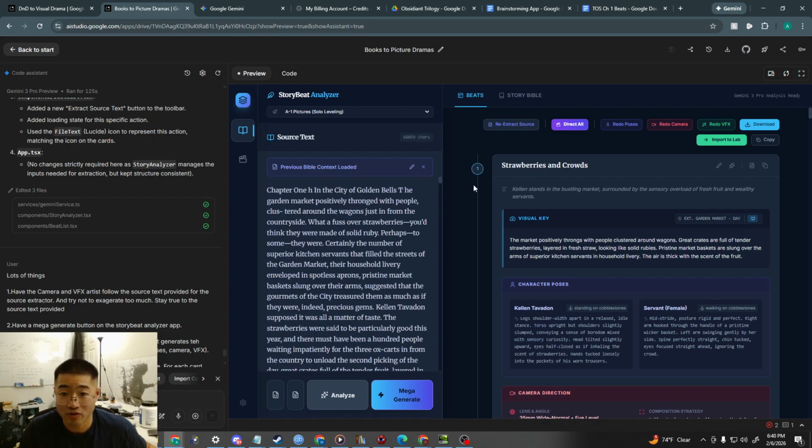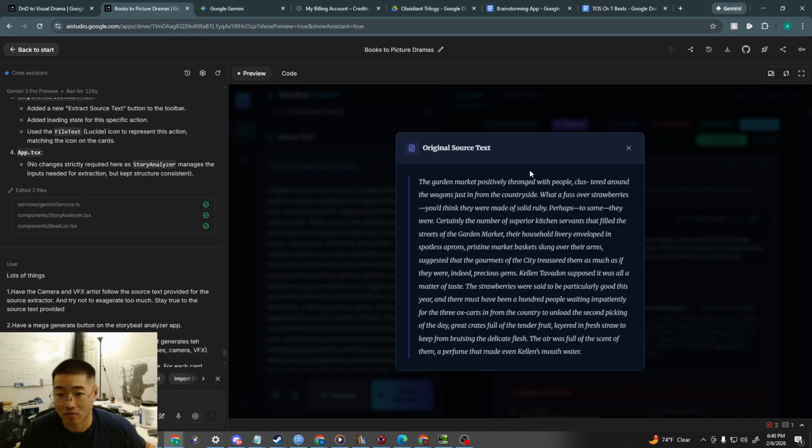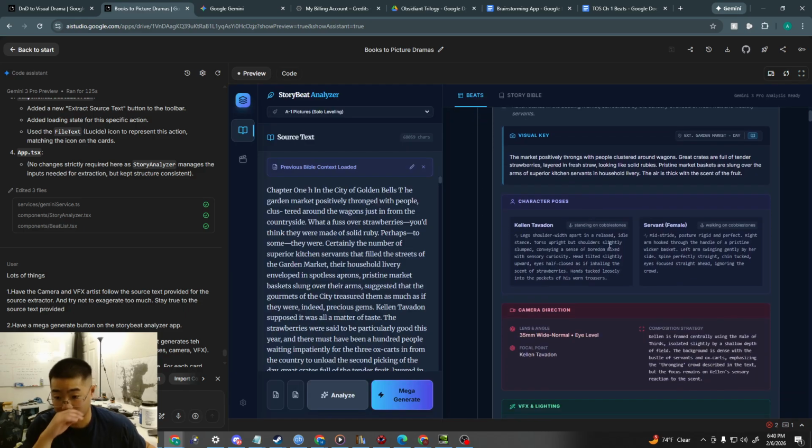I set it up so it goes through and makes the beats, and then it'll do poses, camera, and then special effects. I also made it tell me what text it was using. See, this is about the garden market scene, and this is the garden market scene.